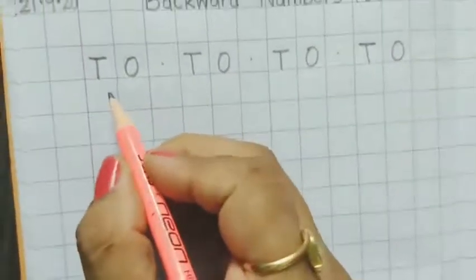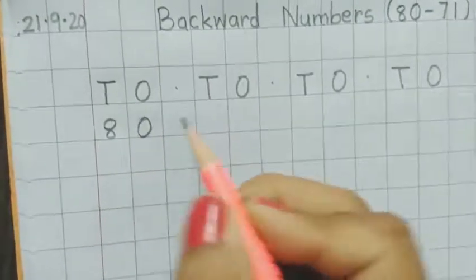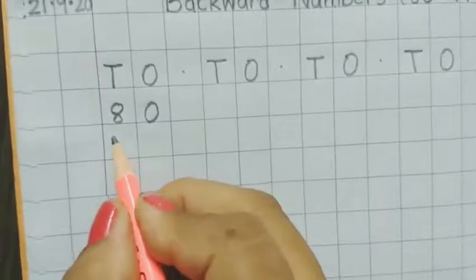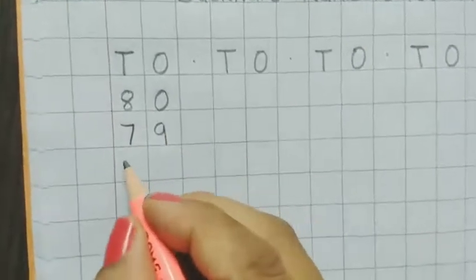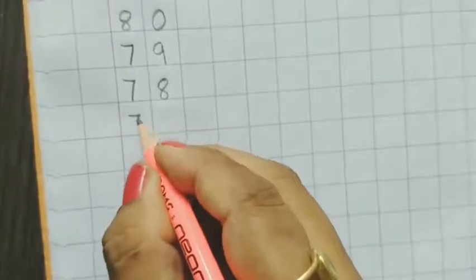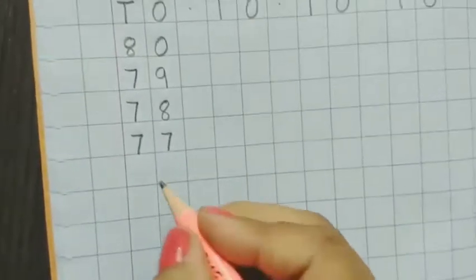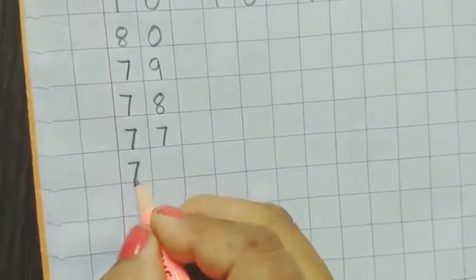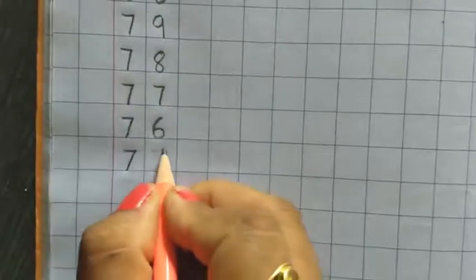So our first number 80, 80. Then 79, 79. 78, 78. 77, 77. 76, 76. 75,